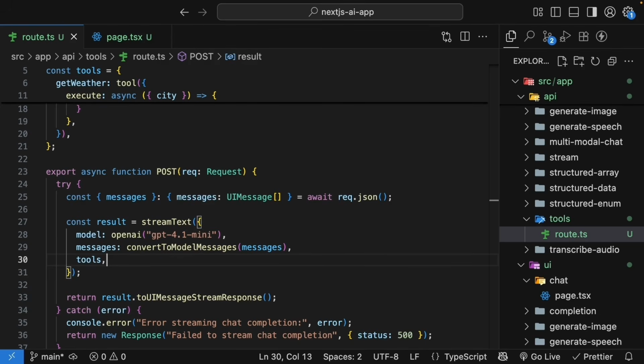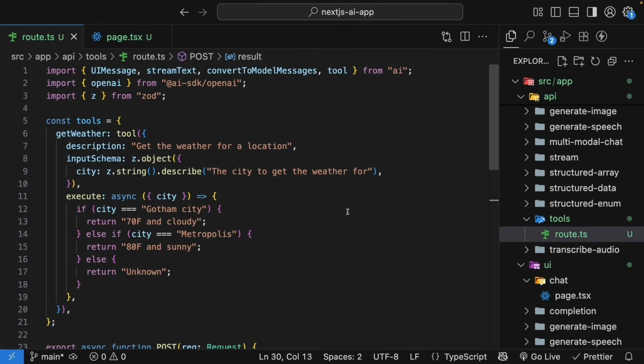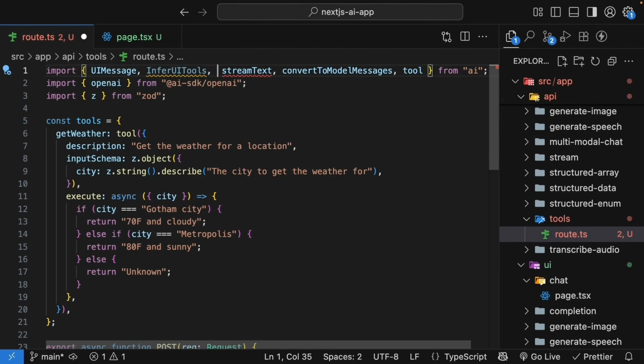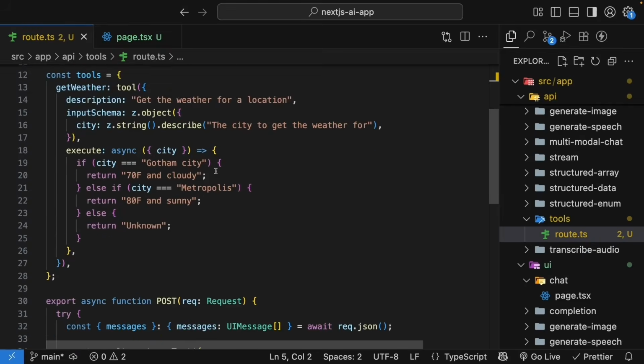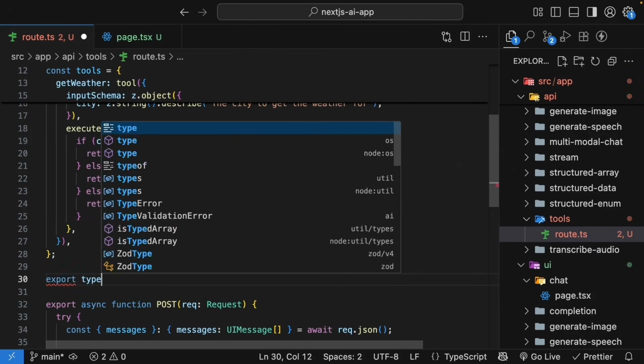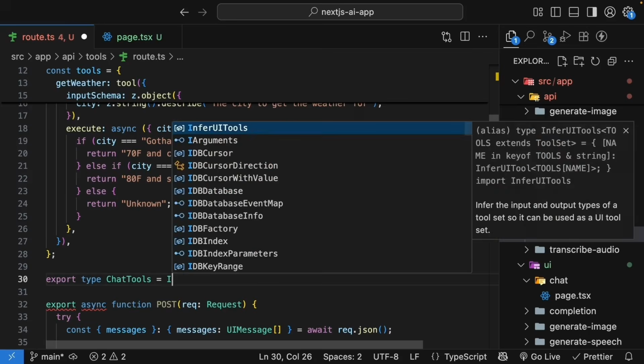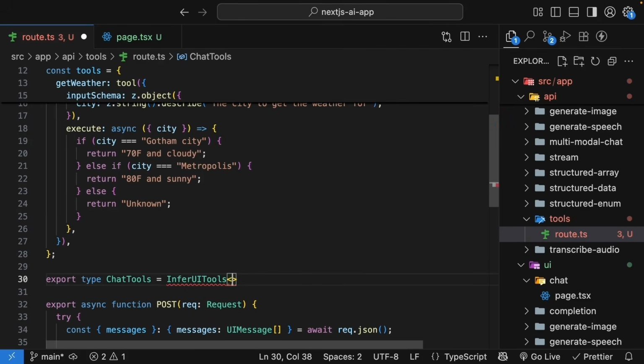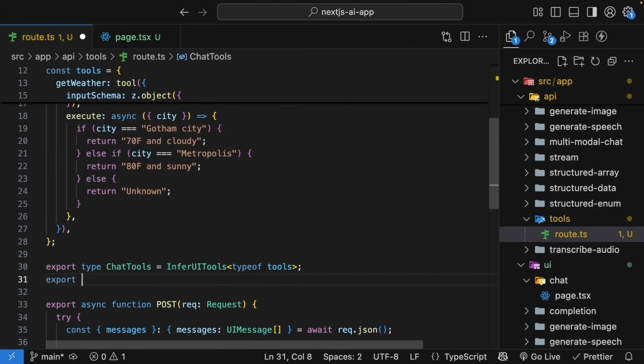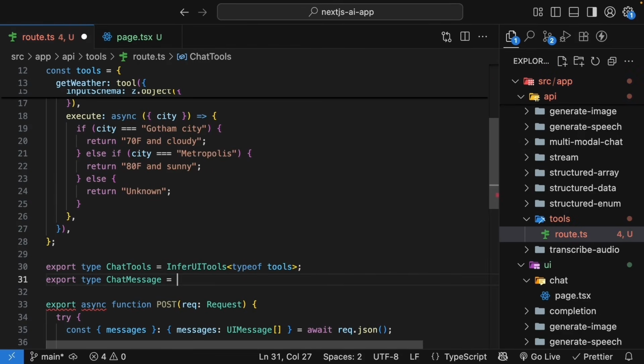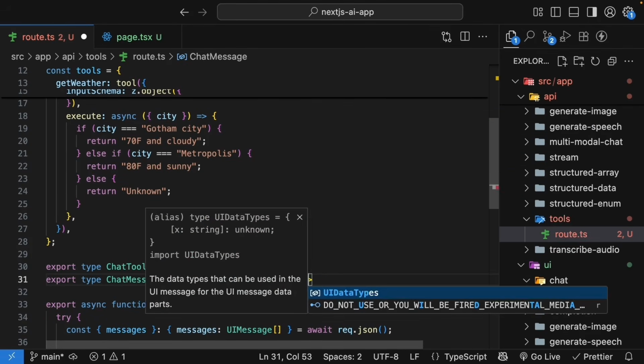Before we jump to the browser to verify if this works, let's improve the type safety of our messages array. We need a couple more imports from the AI SDK. So in addition to UIMessage, we will also need InferUITools and UIDataTypes. And after the tool definition, export type ChatTools is equal to InferUITools. We specify the type of our tools object. And in the next line, export type ChatMessage is UIMessage, no metadata, the standard UIDataTypes, and